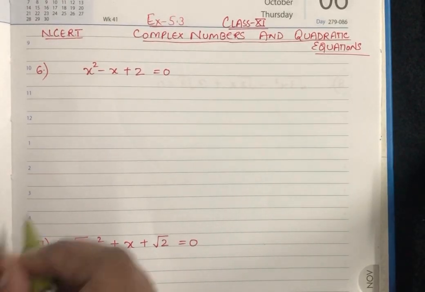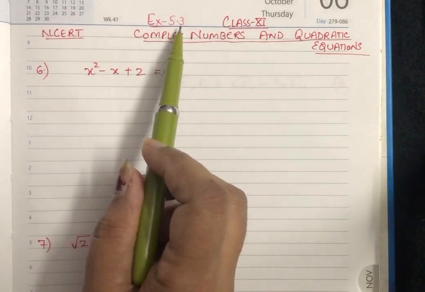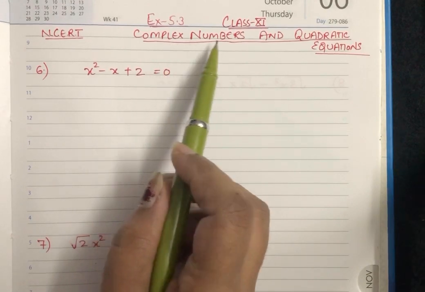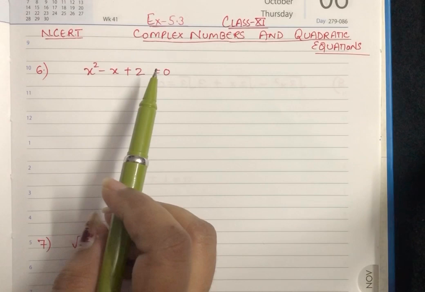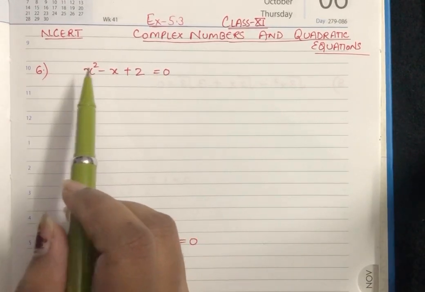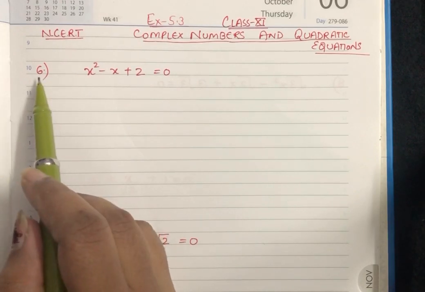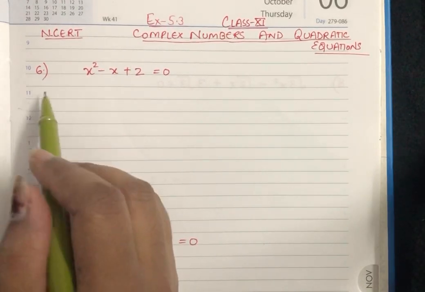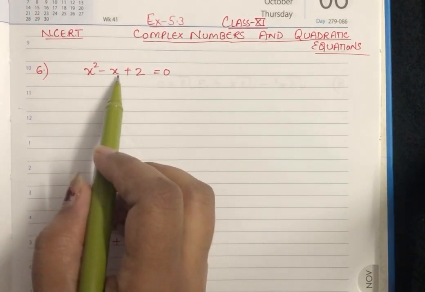Welcome students. In this video we are going to solve sums of exercise 5.3 of class 11th NCERT of chapter 5, complex numbers and quadratic equations. In the previous video we solved 5 questions and in this video we will solve questions from 6 onwards. So in this 6th question we are given this equation x square minus x plus 2